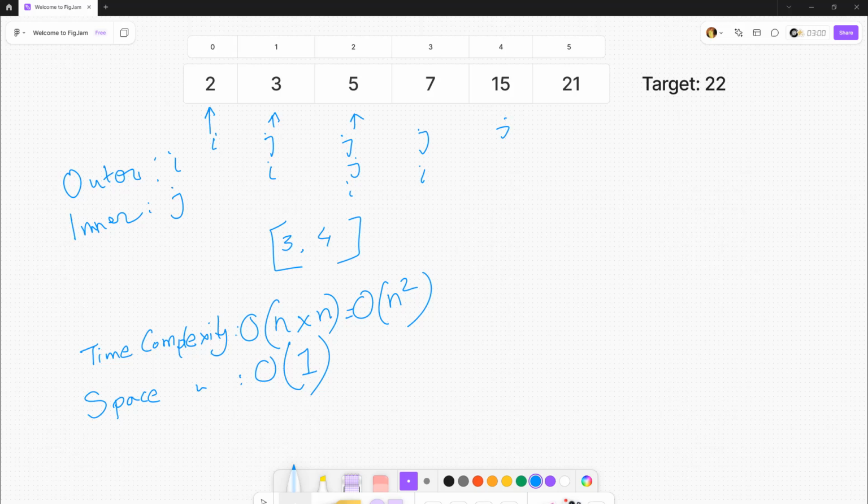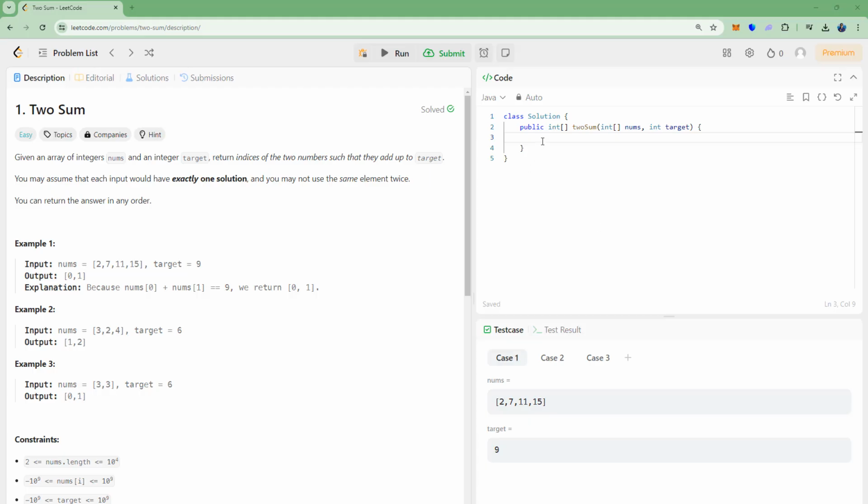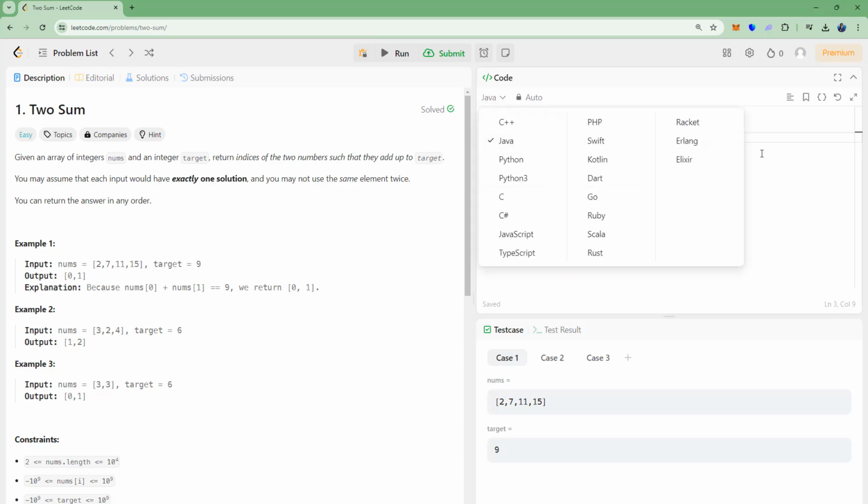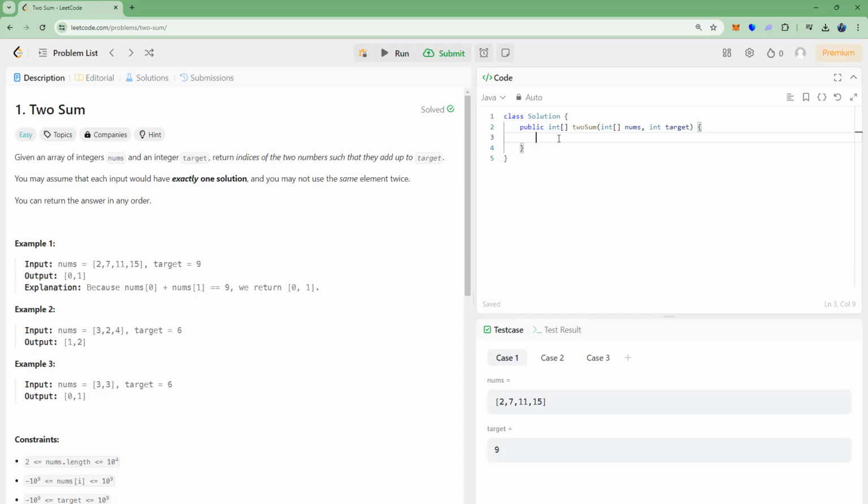Okay, so we can solve this in LeetCode. So let's move into LeetCode. I'm going to use Java code. You can use any language as you prefer. And we are given a numbers integer array as a parameter, and also target. So what we can do, we need to use a for loop. This is for the outer loop. i equals 0, i less than